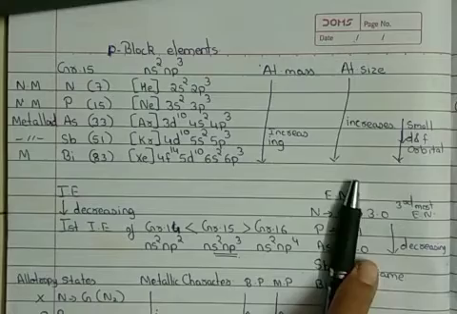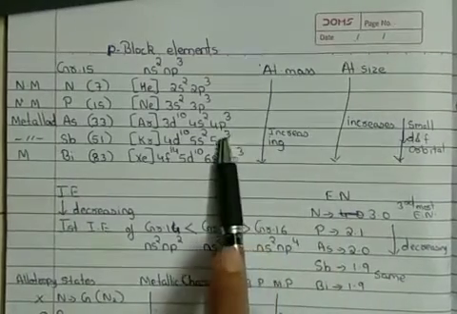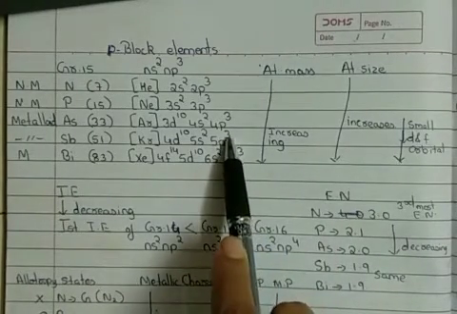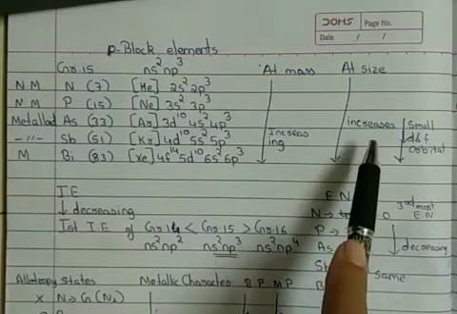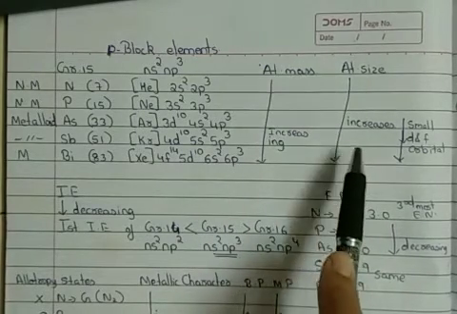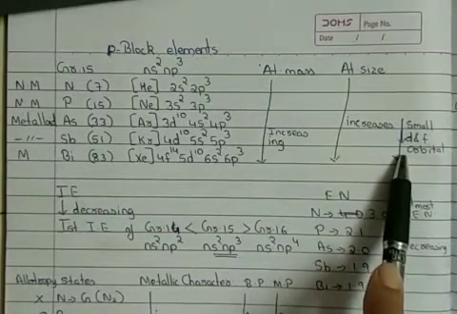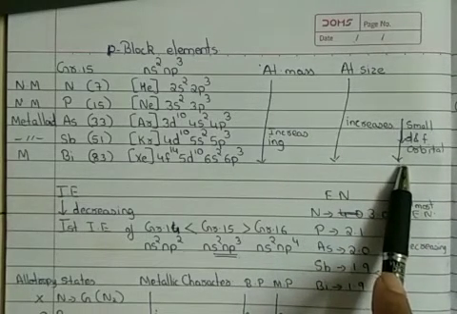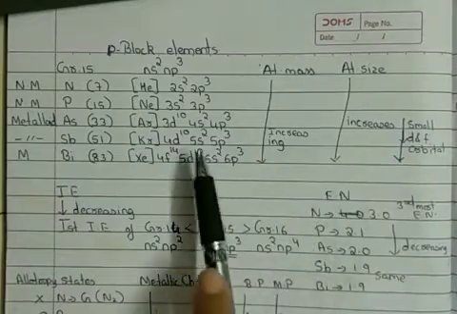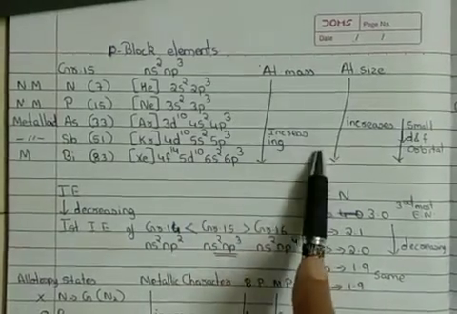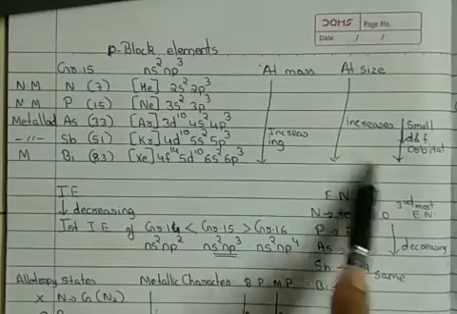towards the nucleus, and thus even though the number of shells increases from antimony to bismuth, the size does not vary with a large difference. Okay, so this can be an answer to the question of why the atomic size differs with a small change when we move from antimony to bismuth. Okay, so that would be the first thing.